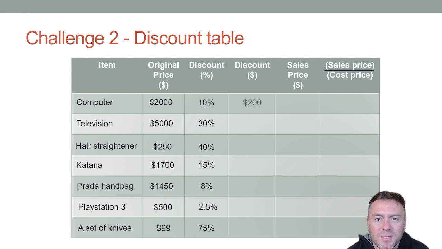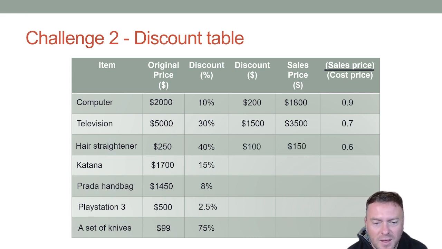Cool. So for the first one, the sales price, the discount's $200. The sales price then is $1,800. And then the sales price divided by the cost price, see how that gives us the 0.9 or the 90%? Interesting. Then the next one, the television, is $150, $1,500, and then the $3,500, and then that gives us a 70%. And then 100, 150, and then 60%,